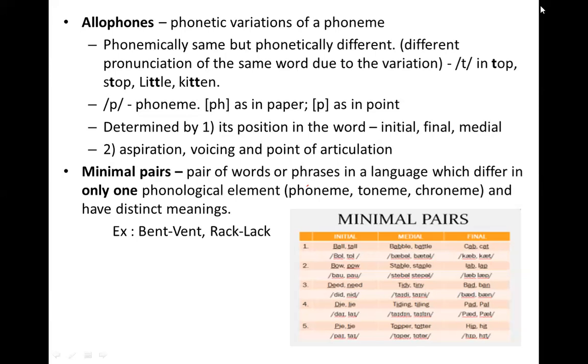All right. So minimal pairs are pairs of words or phrases in a language. They differ because of one phonological element. What phonological element? It depends. It could be a phoneme, which is the minimum unit of sound. It could be a toneme, that is, just by tone. They differ just by